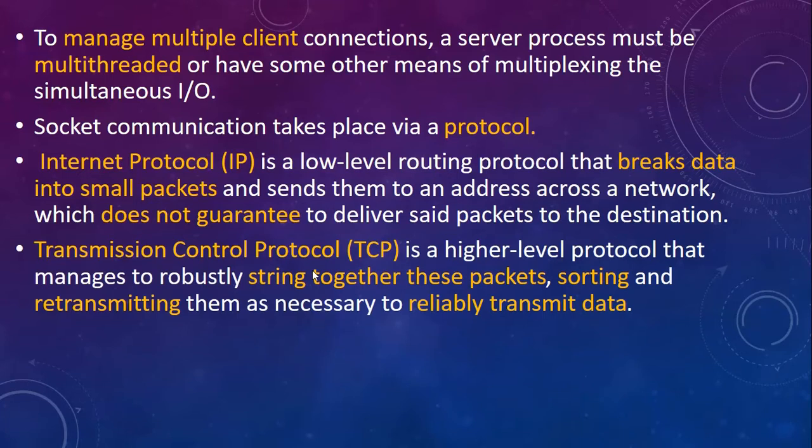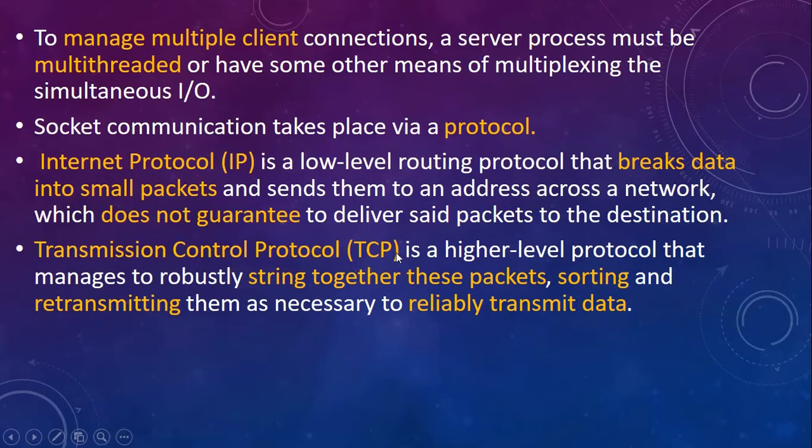Now, a higher-level protocol layer which we had seen. Above the network layer you have the transport layer, and in this transport layer there is a protocol called Transmission Control Protocol, or TCP. So TCP is a higher-level protocol than Internet protocol. Internet protocol was a lower layer, in the network layer. At a higher level, you have another protocol called Transmission Control Protocol, or TCP.